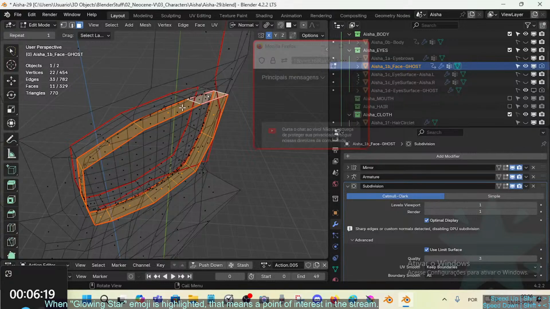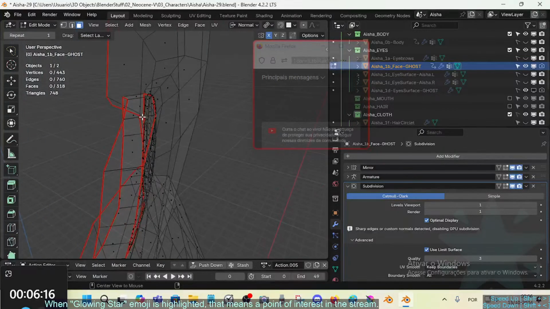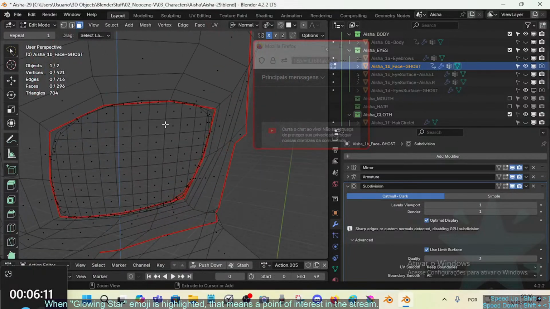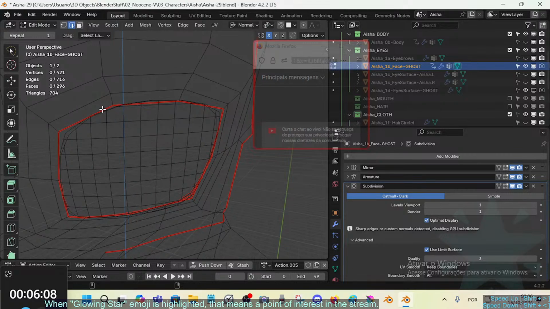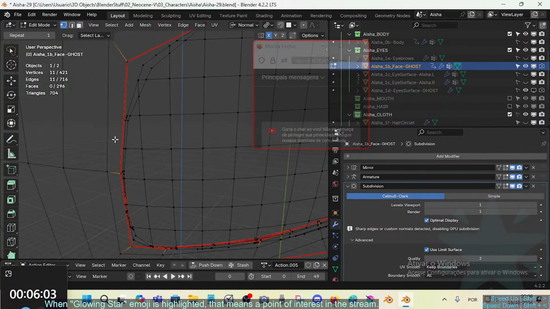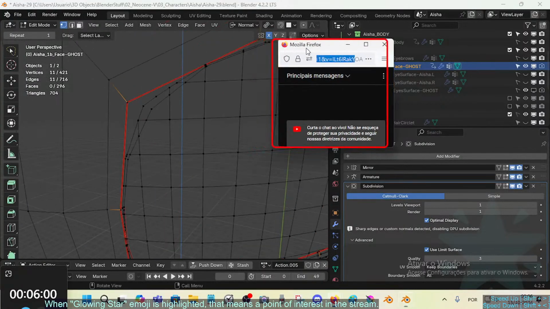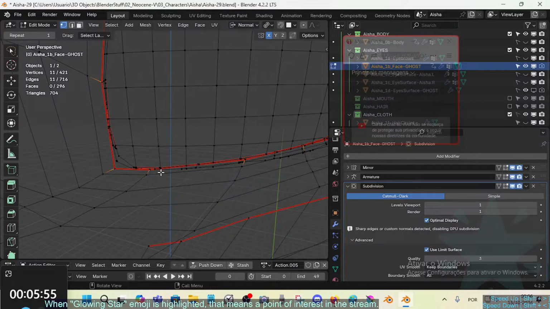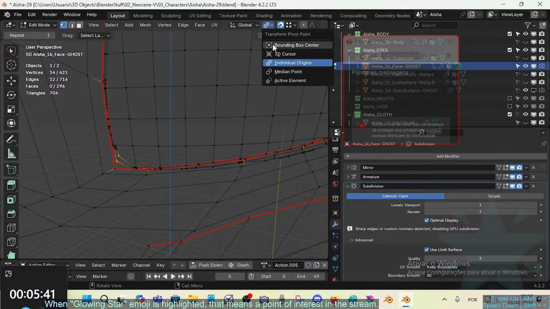No, didn't work. Double faces. Alright, so here it didn't work very well. Apparently we got a lot of messed up stuff here because of all the subdivision. So what we can do here is just try to get this and snap to vertex individual. Yeah, let's try to make individual origins, or